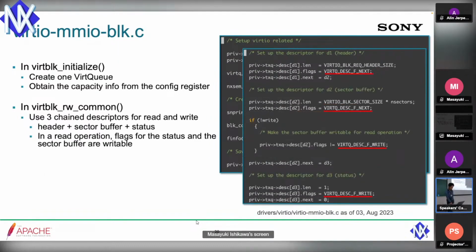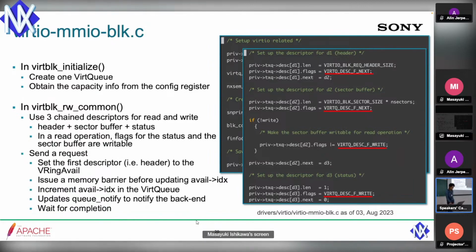This is a chain descriptor for read and write operation. They are header, sector buffer and status. In a read operation, the flags for the status and the sector buffers are writable. When sending a request, it sets the first descriptor, which is a header, to the VirtIO avail,